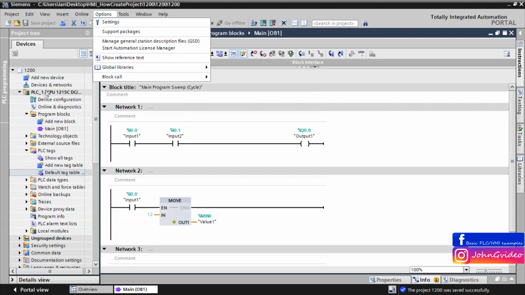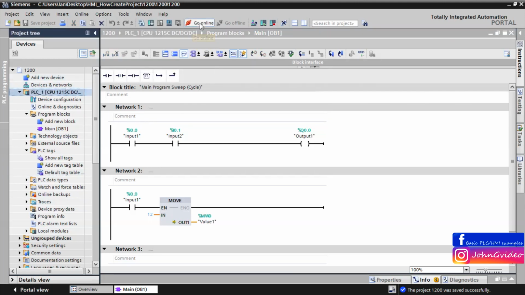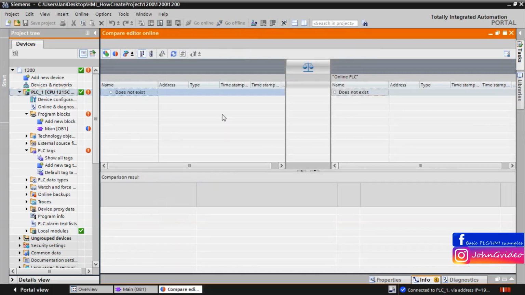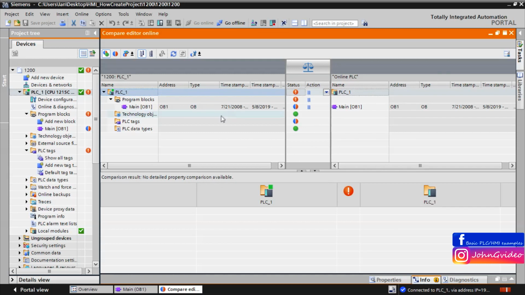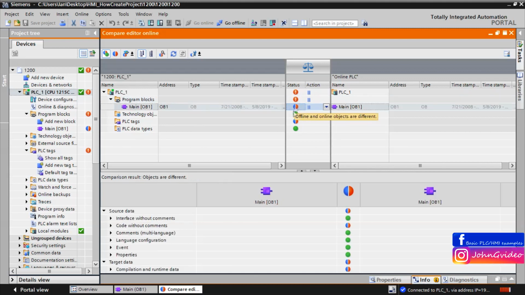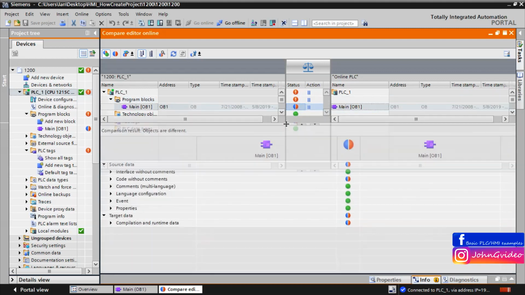The first time you see you have something different in your offline project is when you go online to the PLC, and in the left project tree you can see the indicators that the online and offline projects are not the same. To see what the problem is, click on Tools, then the Compare option, and the property offline and online comparing. Here you can see there is some conflict, and objects in the online PLC are different